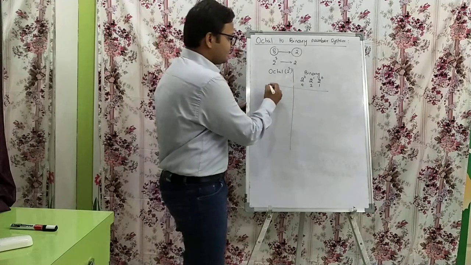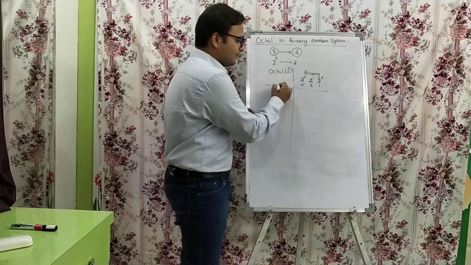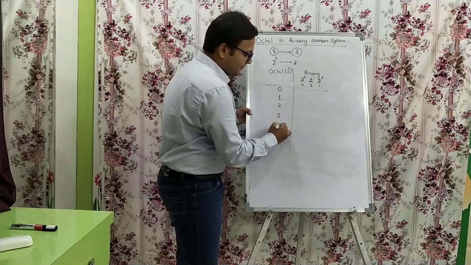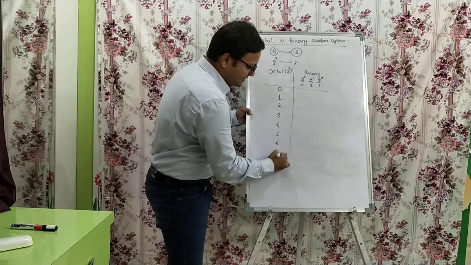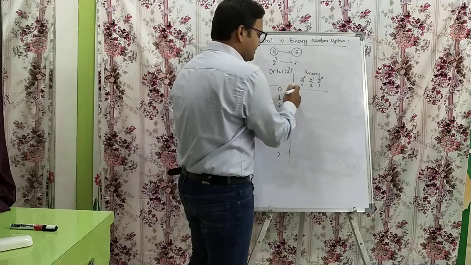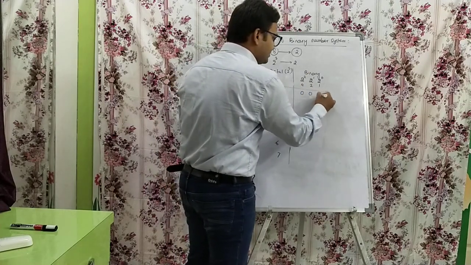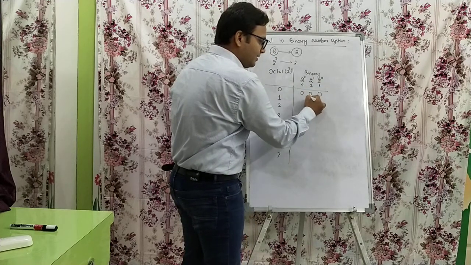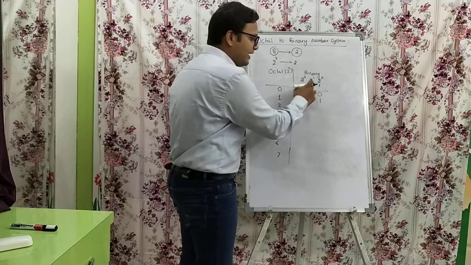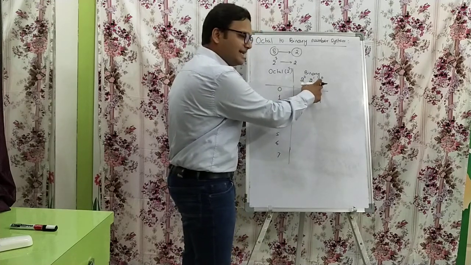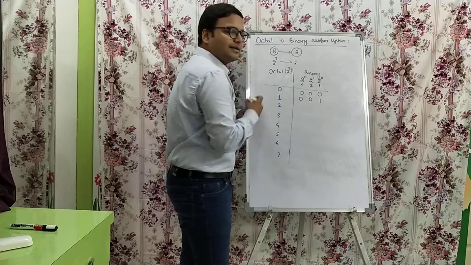Okay, so see here, the octal numbers start from 0, 1, 2, 3, 4, 5, 6, 7. So what is the equivalent binary number? For 0 it is 0, 0, 0. For 1, you can put 1 here and 0 in the other places. These are the weights of the binary number. So wherever the weight is there, you just put 1 and in other places 0.